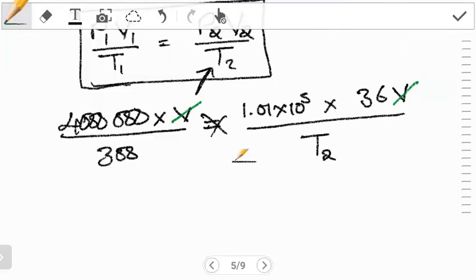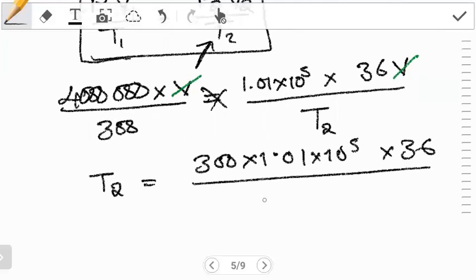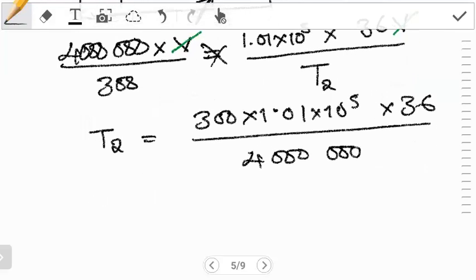What do we remain with? So this comes this side after cross multiplying. The 300 multiplies, so it goes up by 10 to the power 5, and then this, of course, is by 36. And then the 4 million comes down. Okay, so from here, when you simplify this, you get the value of T2 as